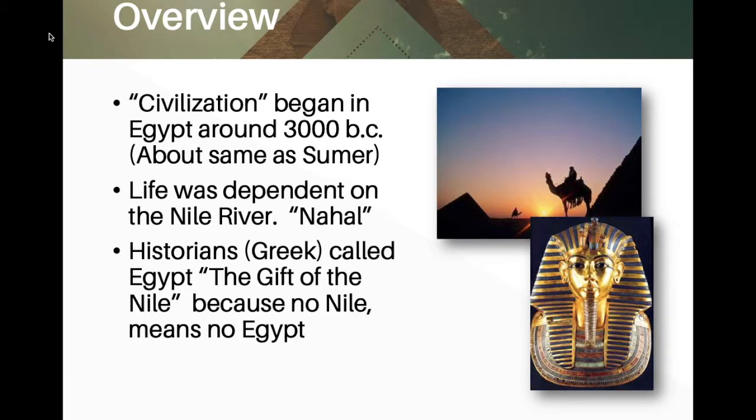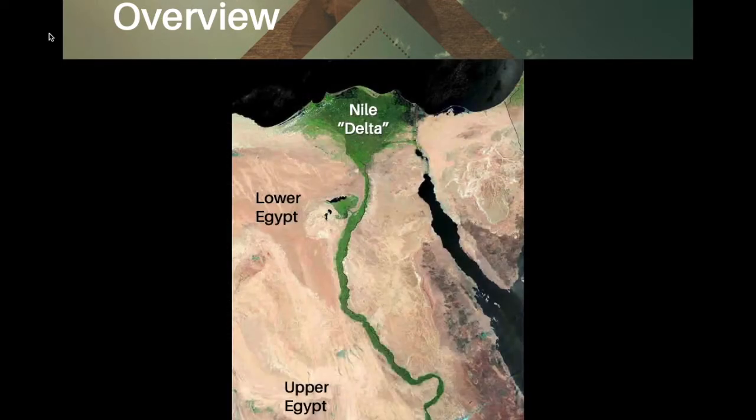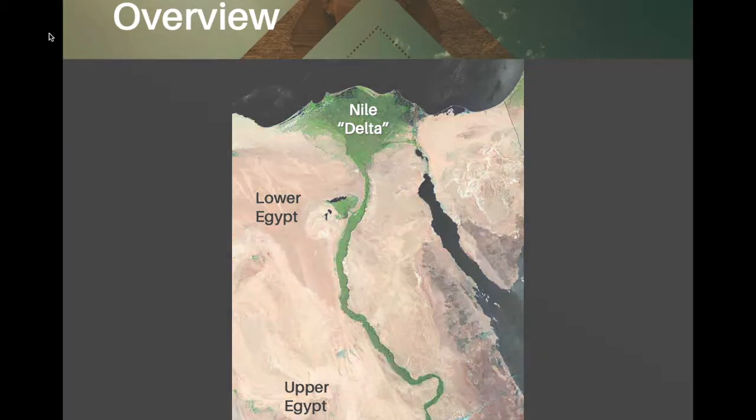Agriculture was a key role. There on the screen, you see the Nile Delta there. Notice Upper Egypt is in the south and Lower Egypt is in the north, and that is because of the step down. Lower Egypt is lower in elevation, so it would step down to Lower Egypt in the north. And you see there the Nile Delta, and this imagery from a satellite shows the green fertile area for agriculture next to the stark desert. But agriculture was key